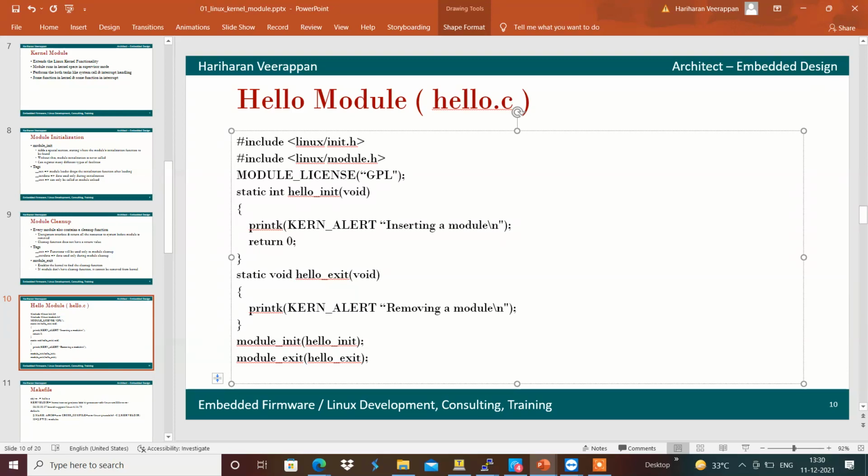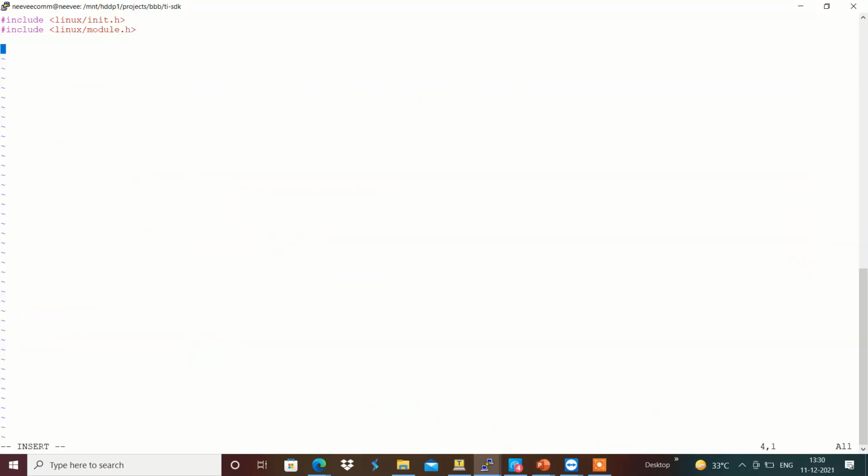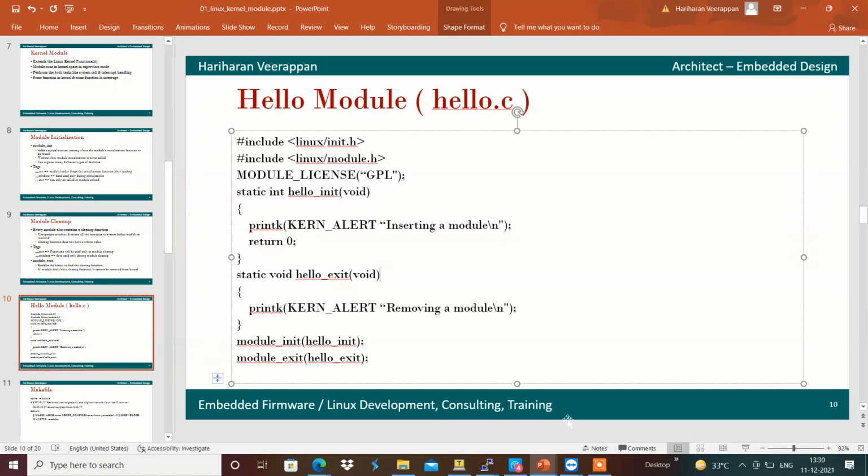I am going to add two functions, static int hello_init(void). In this I am going to do some printing.